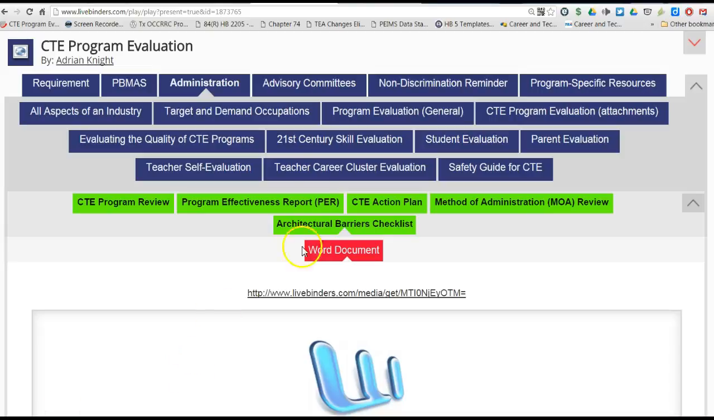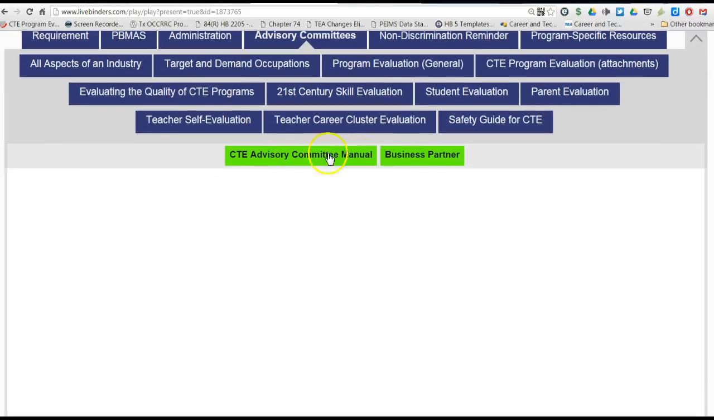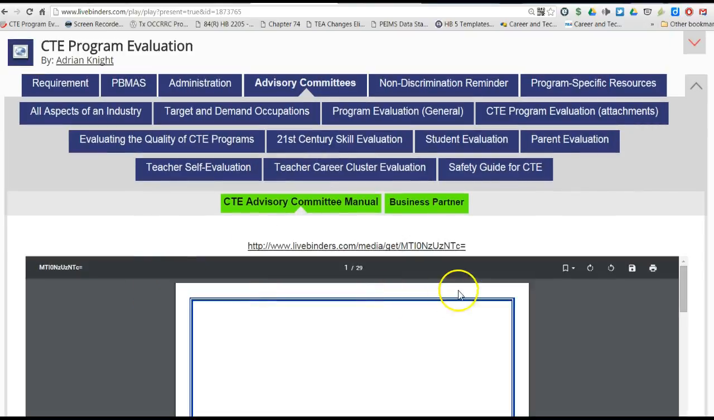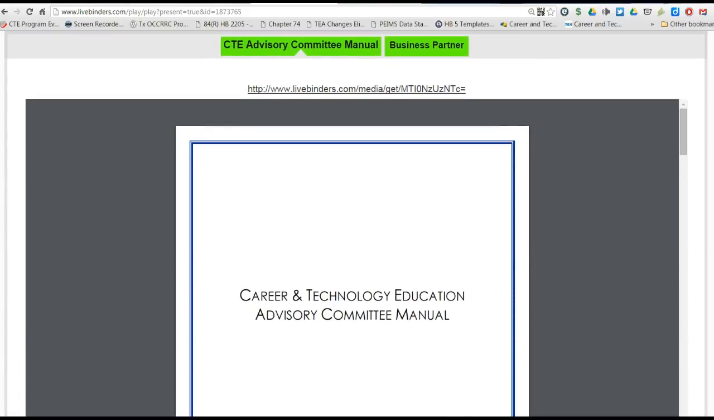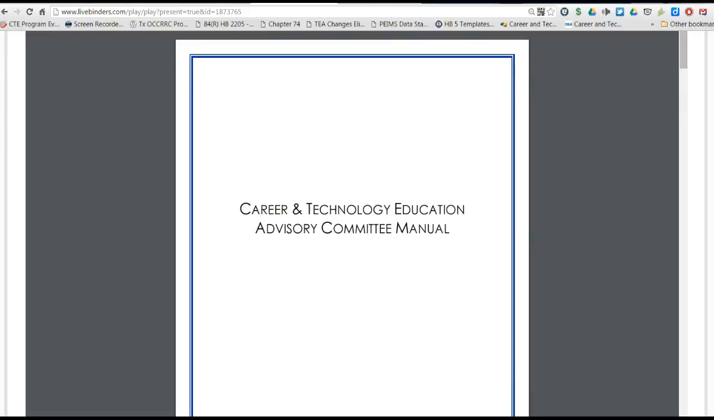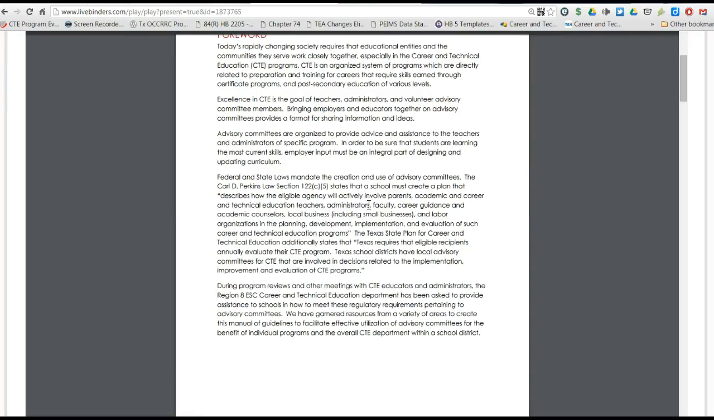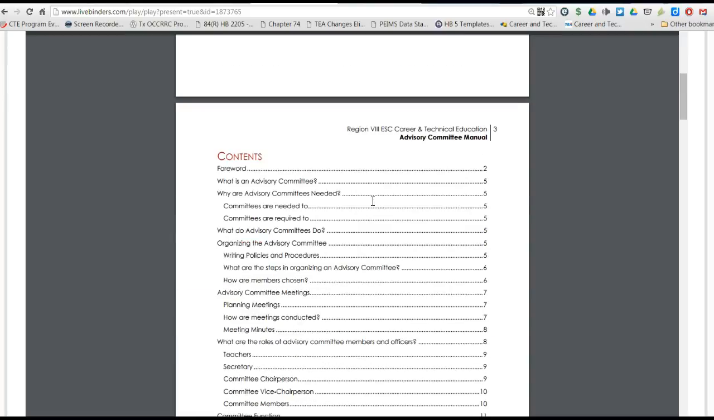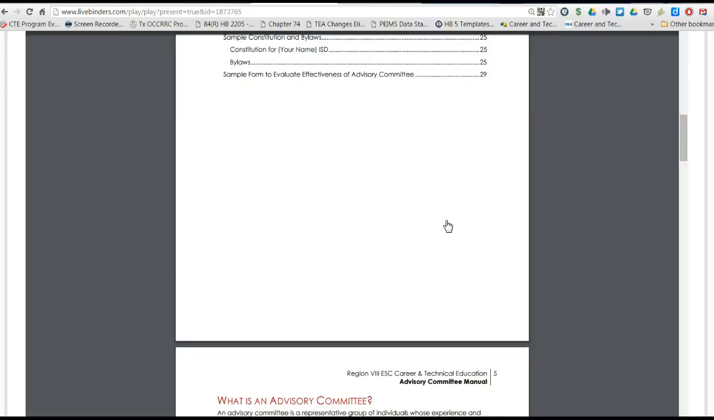The next tab we want to take a look at is the Advisory Committee tab up there along the top. You'll notice two sub-tabs inside there: the CTE Advisory Committee Manual. Really a great document. If you're new to having an advisory committee, I would definitely spend some time going through this. And if you want to print it off, you can certainly download it and